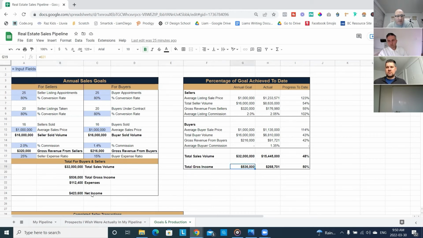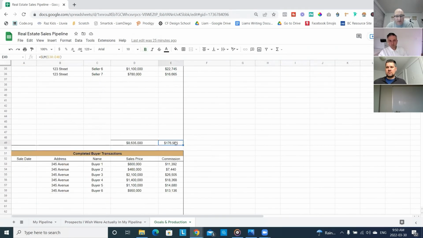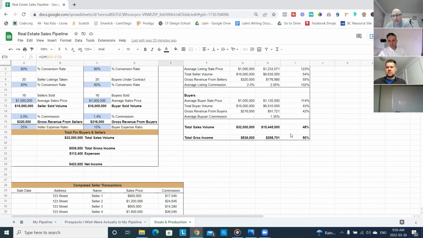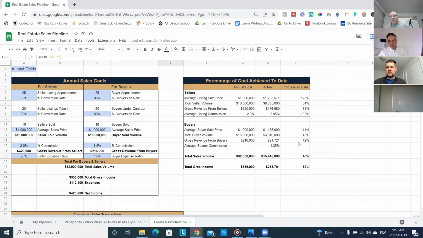So your total gross income, which is auto-populated from here based on the inputs that you have put in. And then your total gross income, which is calculated from your buyers and your sellers, and then where you are at progress for the date there. So that's it, guys, for this